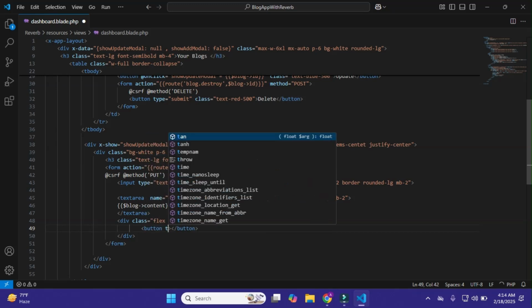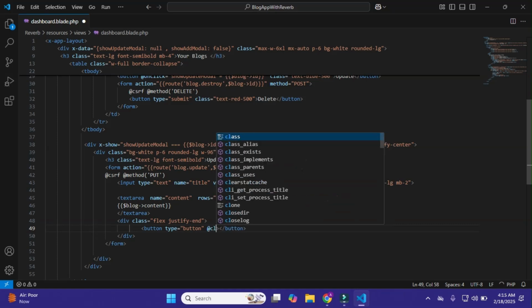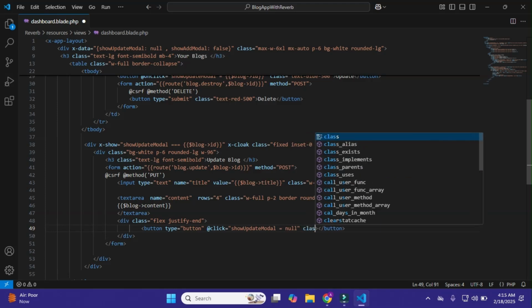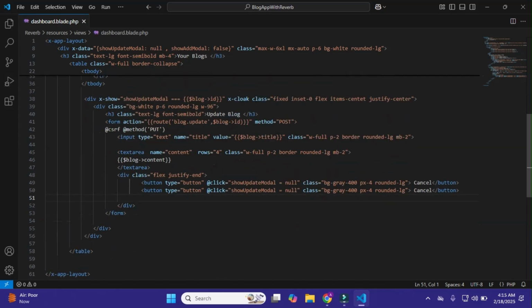One is button type button, and on click, just click, show update model null, and within it class bg-gray-400 px-4 rounded-lg. And I'll name it cancel.